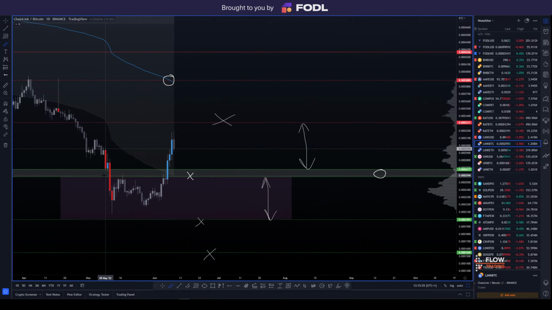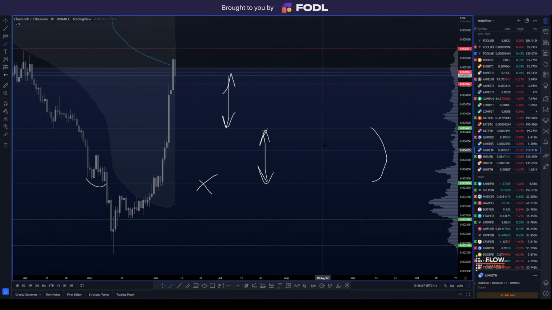All right, so we'll have to wait and see. Break back above the previous level of resistance, and that means we're stuck back inside of this range below. Okay, and we'll be trading down here. But at the moment, it does look like it wants to reach for this level here. Link versus ETH,